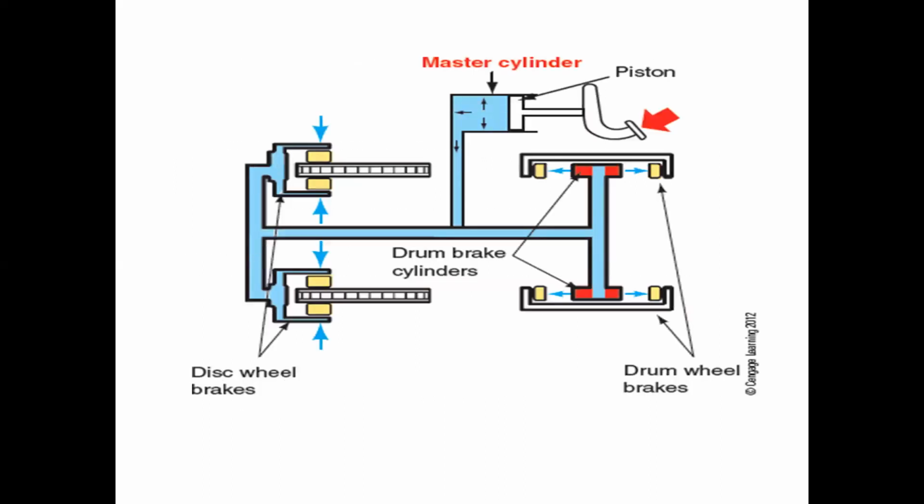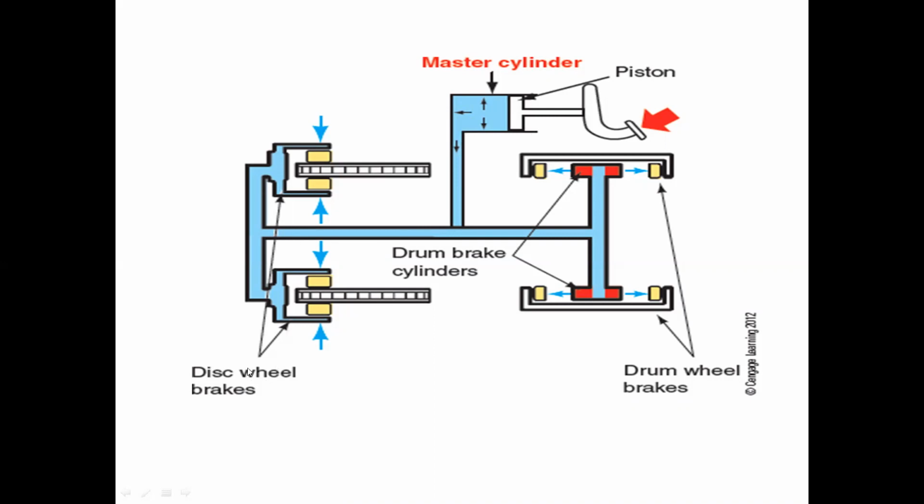You can see this. It is the setup of the master cylinder, the setup of the hydraulic braking system. In that braking system, you can see the components: piston, master cylinder. In that master cylinder, there is a piston. The piston link is connected to the foot pedal, and the fluid is passed through the different transfer lines.